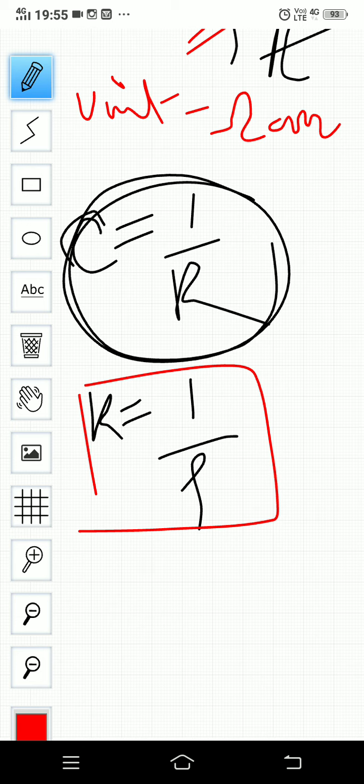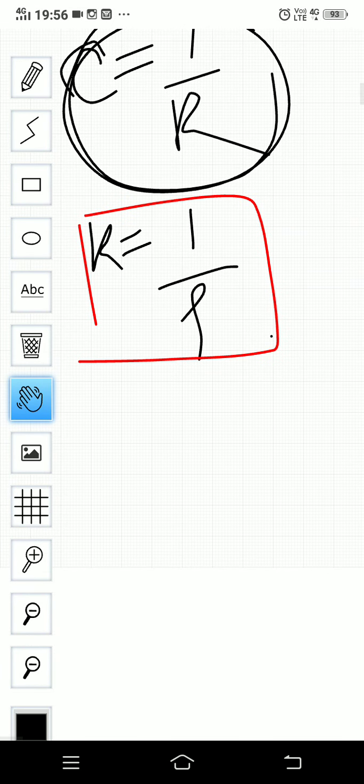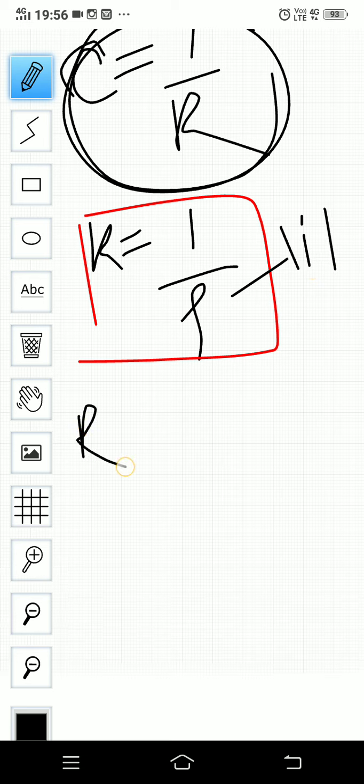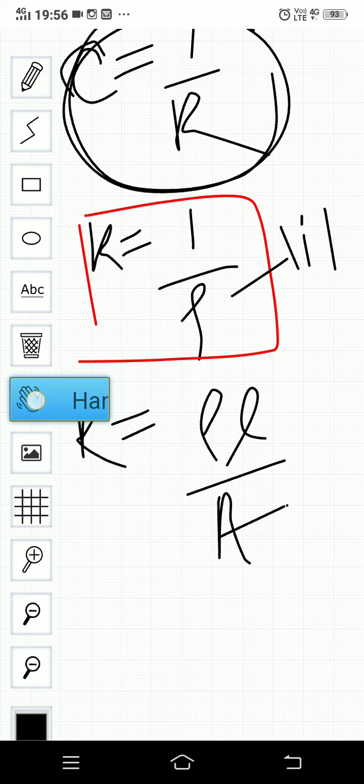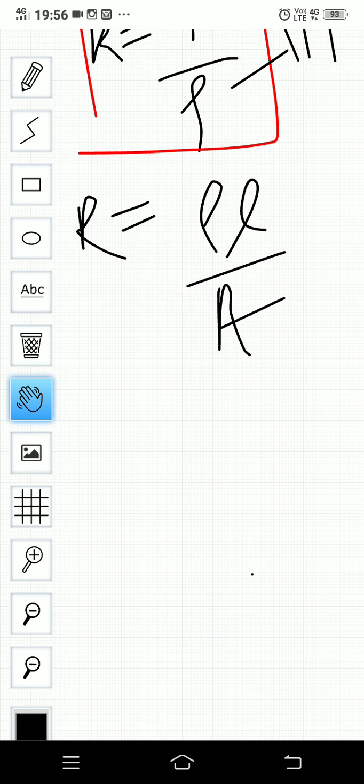Okay, next we come to conductivity. The specific conductance or conductivity is given by certain rules which we must follow. So what are those? Number one, in order to write the specific conductance, we'll first write this equation. Let me consider this as equation 1. After this, we also know that the resistance is written by rho L by A. Haven't we studied that? Resistance is equal to rho L by A.